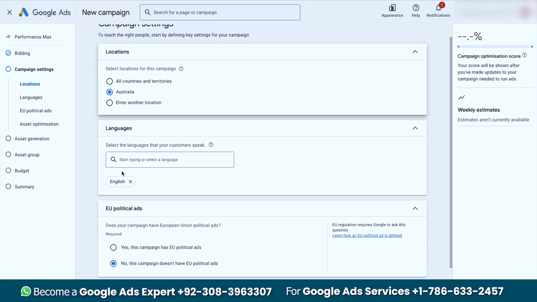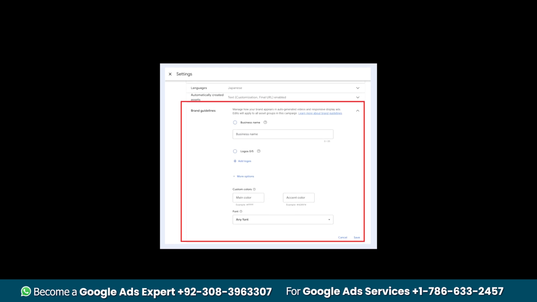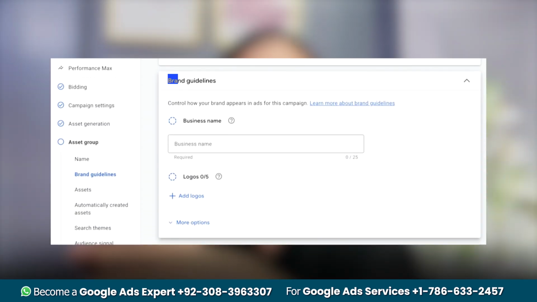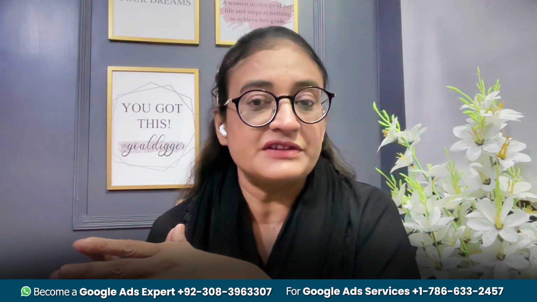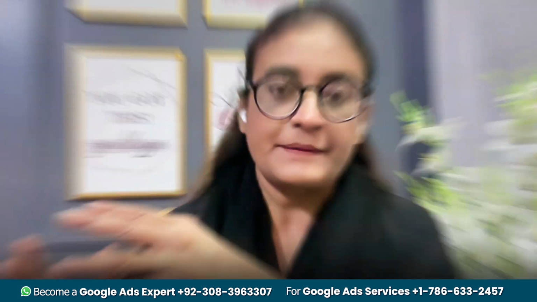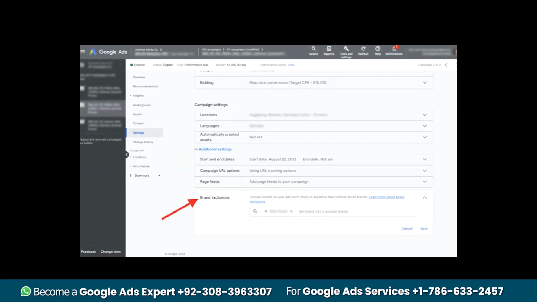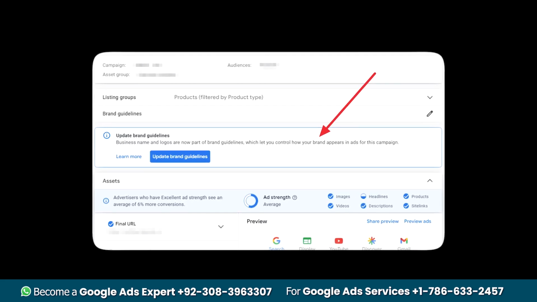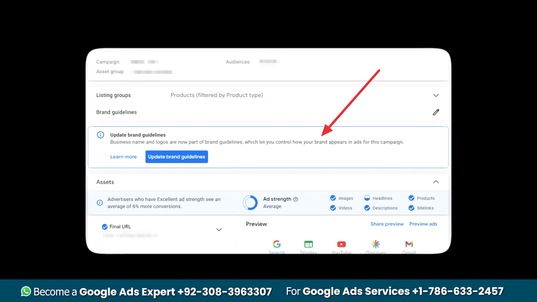This guideline also works for Performance Max. Go to your Performance Max campaign, open settings, look for brand guidelines under campaign settings. Click on it. Text guidelines will appear under the brand identity section. Add your term exclusions and messaging restrictions. Same limits, same rules. And here's one note you should be careful about. If your PMax campaign does not have brand guidelines enabled yet, you will need to upgrade it first using the upgrade existing campaigns with brand guidelines flow. If you are stuck, reach out to your Google representative.